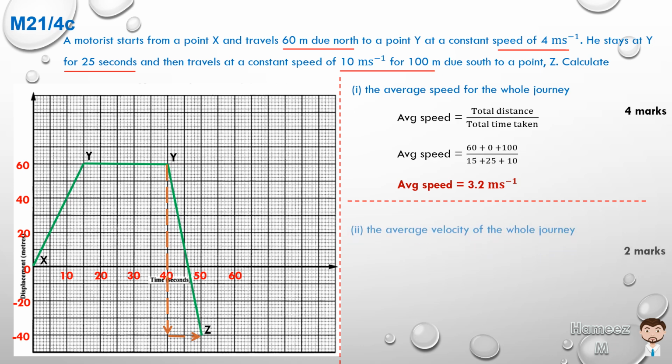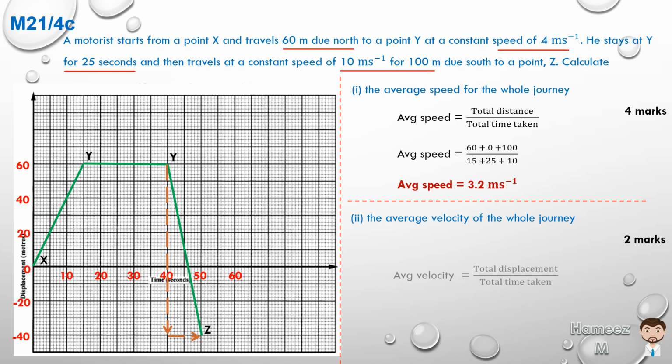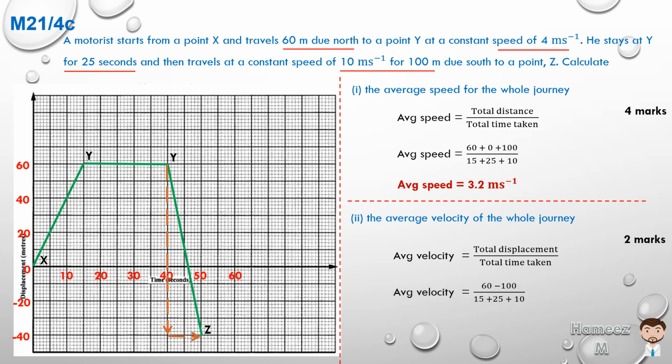Part 2, calculate the average velocity of the whole journey. So average velocity is equal to total displacement over total time taken. And the average velocity will be, if we're looking at displacement, 60 minus 100 all over 15 plus 25 plus 10. We must count the piece where he was at rest, because all that is part of his total time taken. So we're getting minus 40 divided by 50, which means that his average velocity is minus 0.8